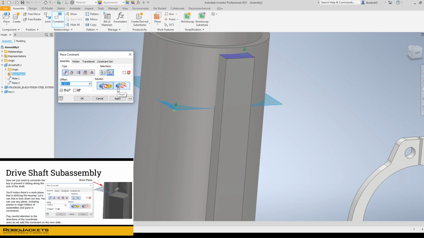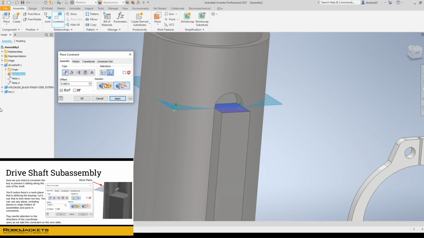Now, it didn't update immediately because Inventor is in fact confused right now. Right now, it wants to put these two vectors in opposing directions, which, if you can imagine rotating the key upside down to make that happen, you can't exactly do that because we've already constrained the left side of the key to the left side of the keyway. However, if we chose flush, it can do that because putting those two vectors in the same direction as each other,